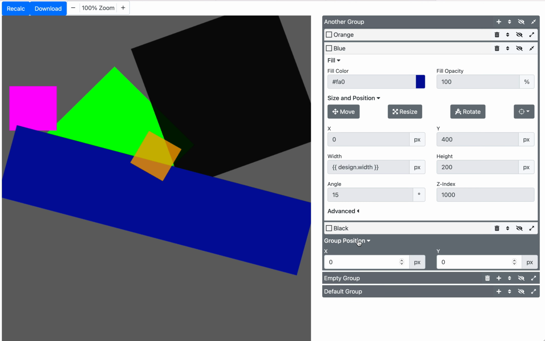Oh, there is one last thing I should show, and that is group position. This was a requested feature from the last video. People said that they wanted to be able to move an entire group together. Now, groups cannot use variables, so this is just a hard coding exercise, but you can take all of the elements,